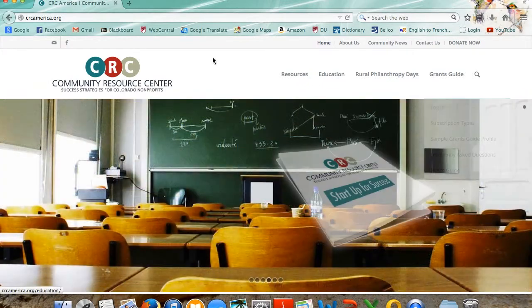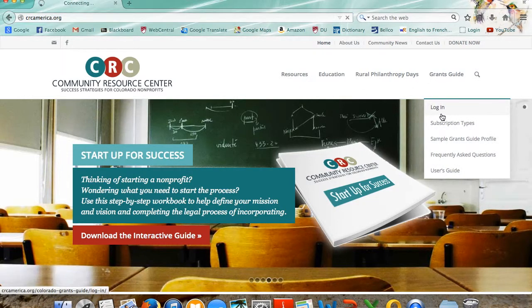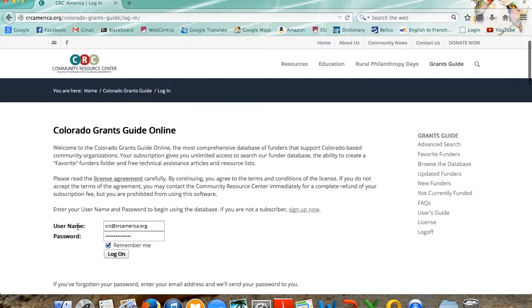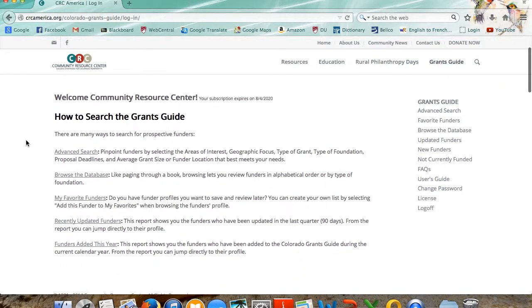To access the Colorado Grants Guide, navigate to the Community Resource Center homepage, crcamerica.org, and under the Grants Guide tab, click Login. Here you'll be prompted to enter your unique username and password, and then you can click Login. If you're accessing from a library, please use the link provided to you by your librarian. This link will transport you directly to the database and will not require you to enter a username and a